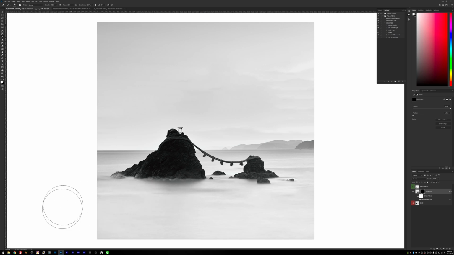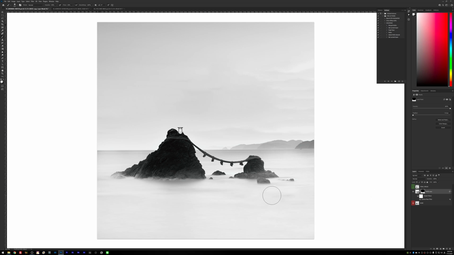And I'm not gonna do this in a really detailed way at the moment. It's just to show you basically how you would do that. I'll make this smaller. Start to affect also these parts of the image, like so. And you get the idea. You start doing that until you're happy with the results.